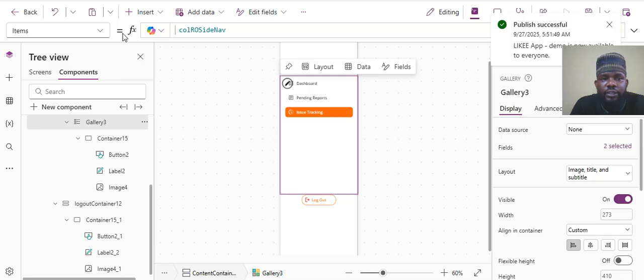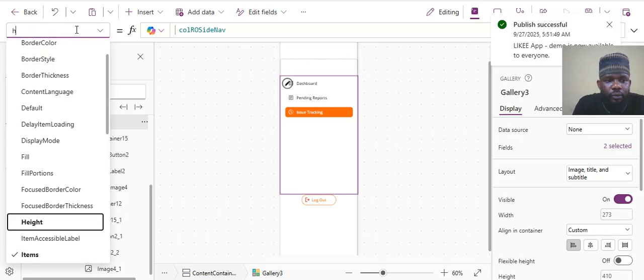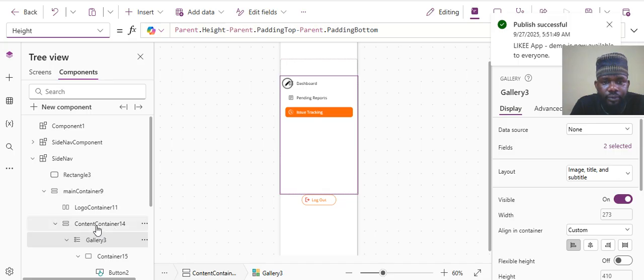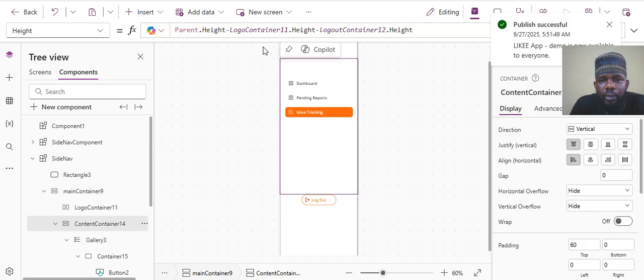Let's go to the height of this one. Parent.height minus padding top. Okay, this is a gallery, sorry, not the container. Let's go to the container. Parent.height